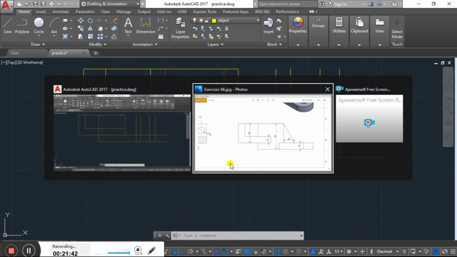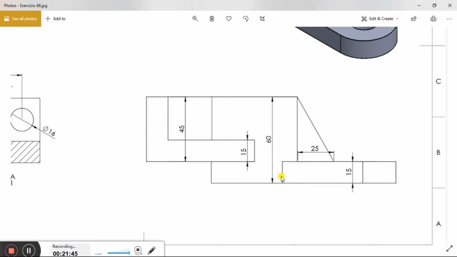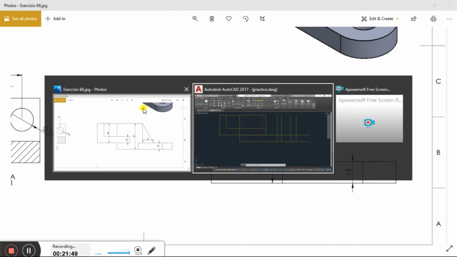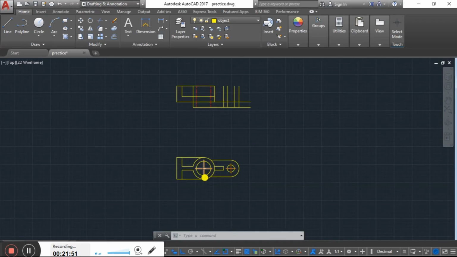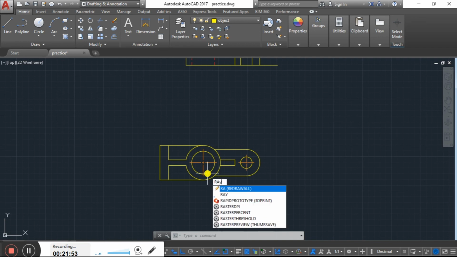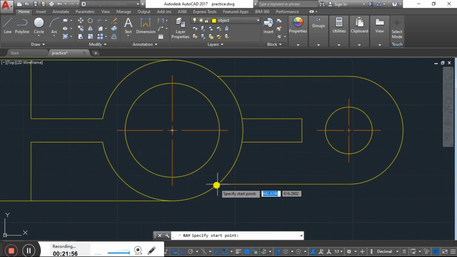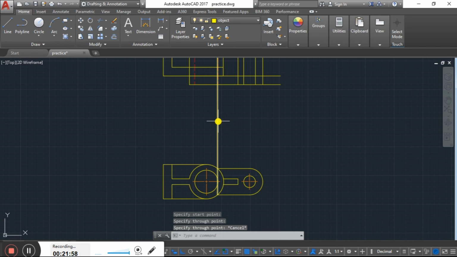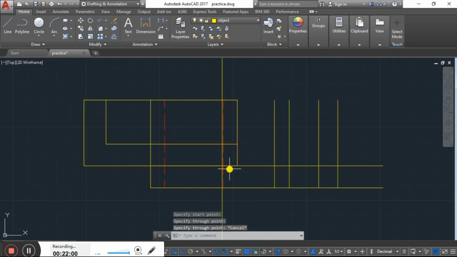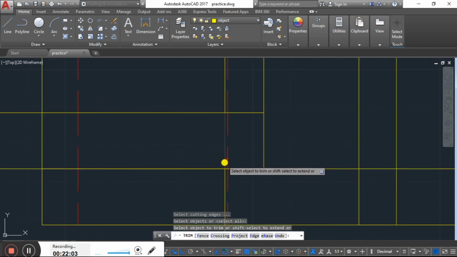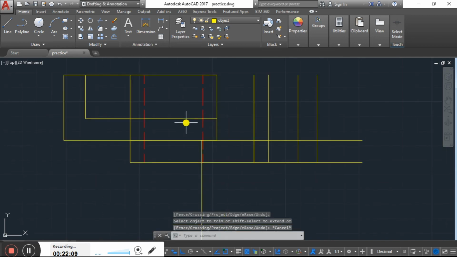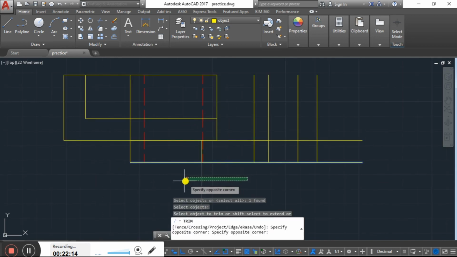Now proceeding further, we have to create this view. I think we need one more line here, RAY. Take this section up to here. We need this trimmed section. Trim this up to this line. Select the object. This object has to be trimmed. Select this, trim.